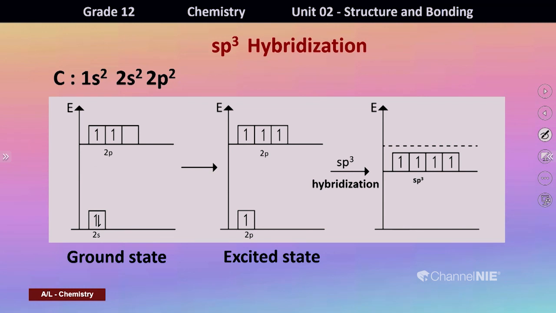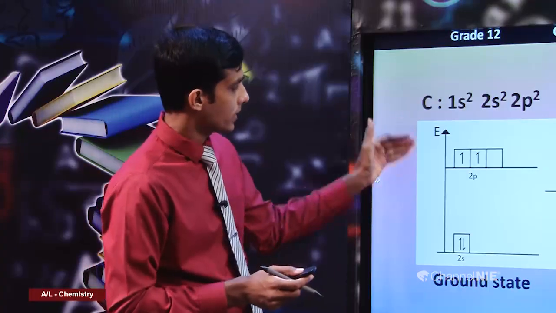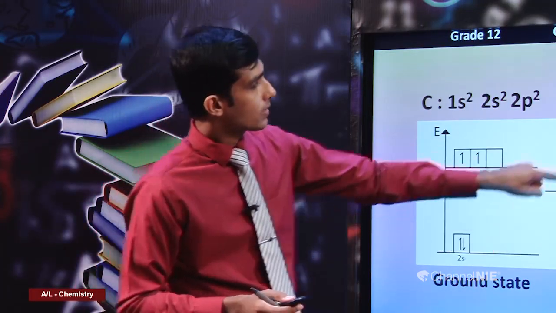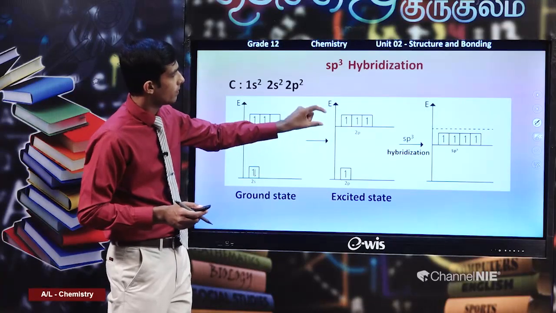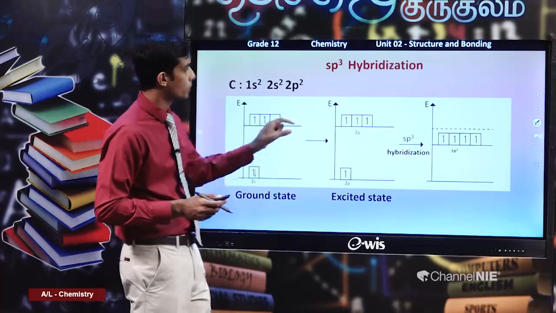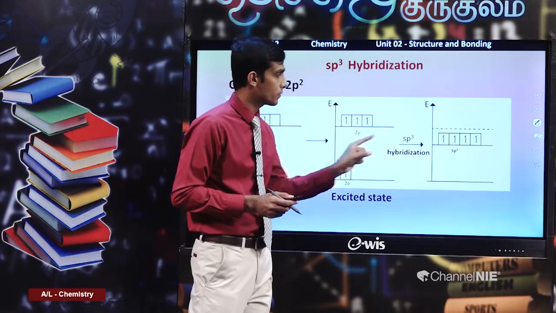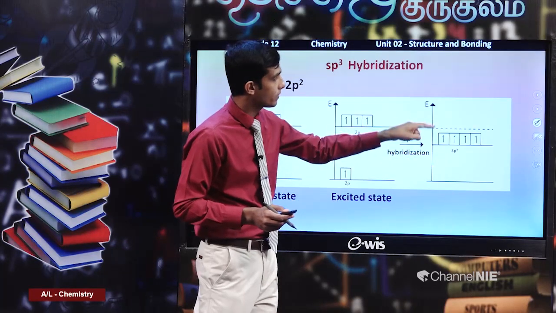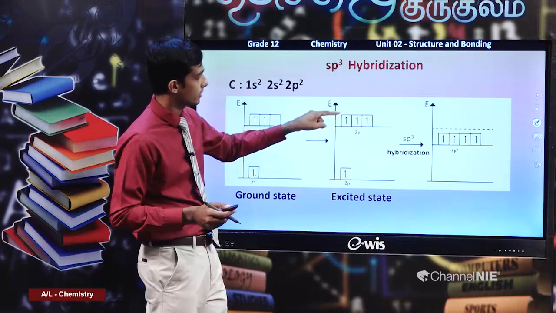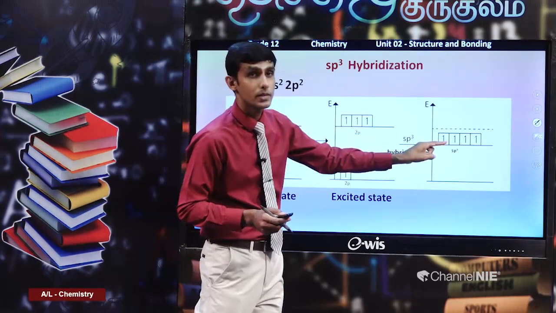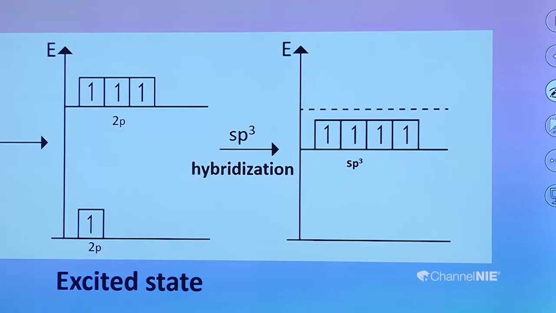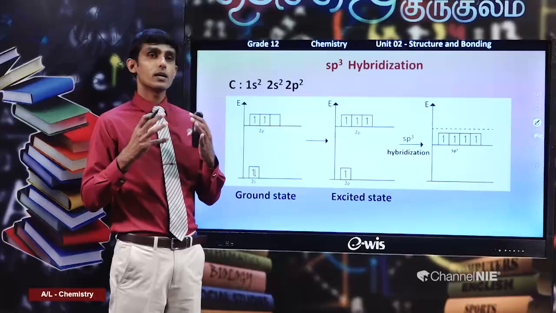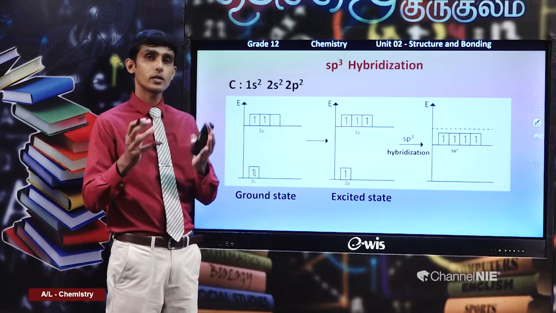First we will see sp3 hybridization. This is the ground state carbon atom. In the excited state, the carbon atom has 4 unpaired orbitals. When it undergoes sp3 hybridization, you get 4 identical orbitals in terms of energy. The energy of the resultant orbitals is intermediate between the s and p orbitals, because the p orbital energy is greater than s. So, the resultant orbitals will have an intermediate energy, and their shapes are also intermediate to s and p orbitals. You know, s orbitals are spherical, p orbitals are dumbbell shaped. sp3 hybrid orbitals, their shapes are somewhat intermediate.